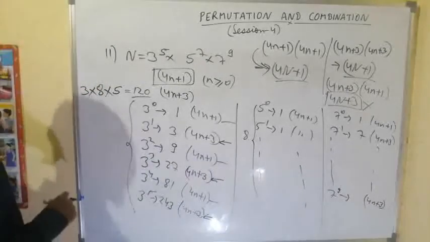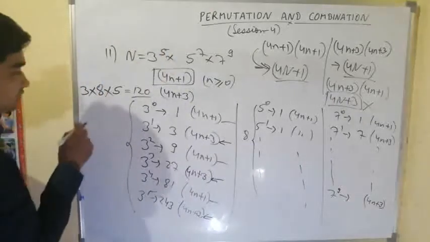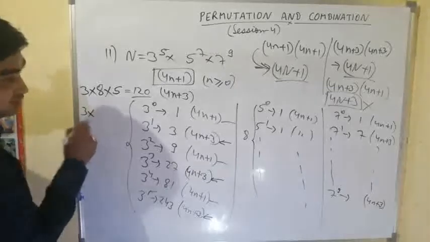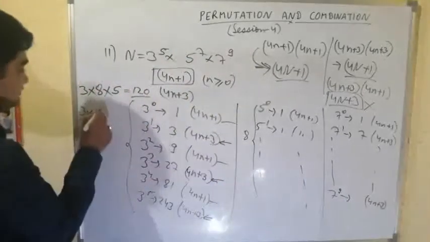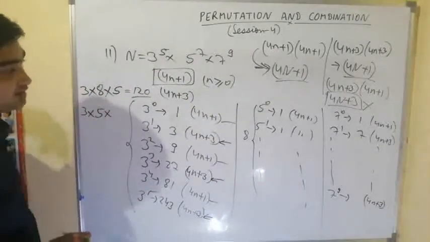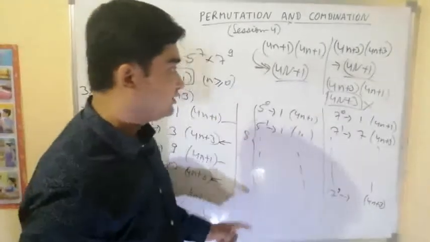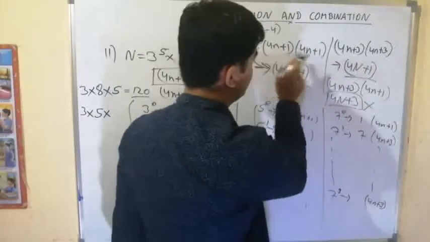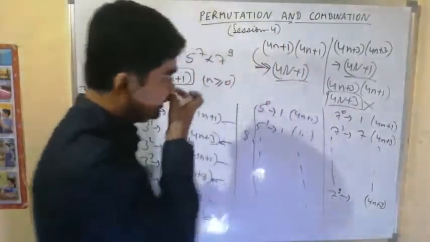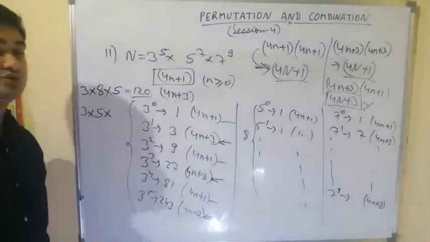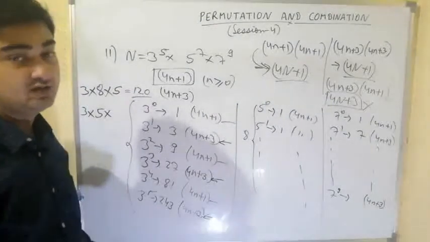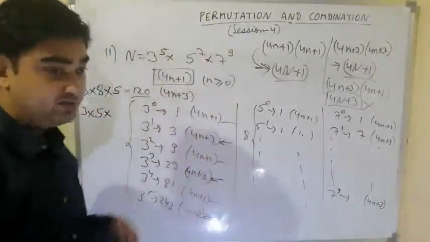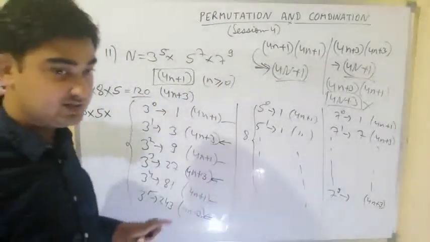Right? 4n plus 3. In this case what will happen? 4n plus 3, 3 choices. There 4n plus 3, 5 choices. But here what will happen? When 2 are 4n plus 3 and 1 is 4n plus 1, that is also acceptable, because 4n plus 1 will not change the order. That will only get multiplied. 1 will get multiplied with any number and that number will remain same.